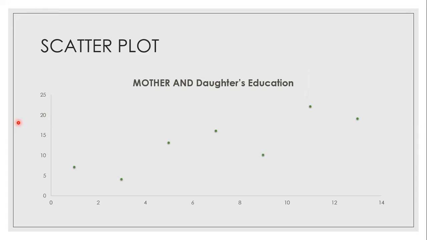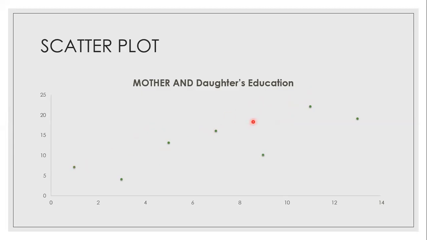We can see from looking at this graph that the points are very spaced out. We can see it generally going in an upward direction, but it's not very strong. The points are not very close together. You can't get a good straight line from here, but you can see that generally it's going upward. So it gives us a sense of the strength, but it also gives us a sense of the direction. We can see that this is generally going in an upward direction.